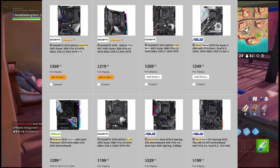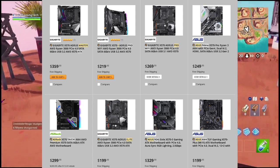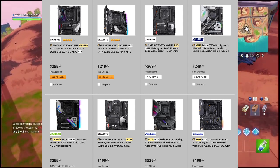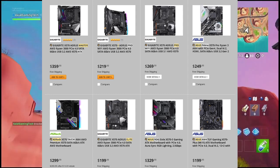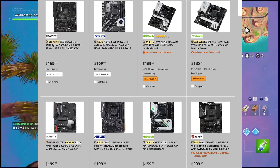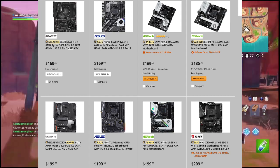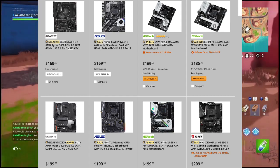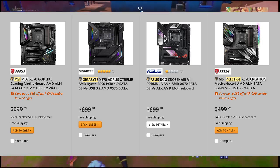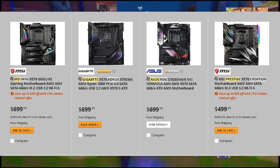Now let's look at Newegg for current pricing. This here is current pricing for Newegg's featured X570 motherboards. This price premium is just way too expensive for a gamer to pay for minimal to non-existent performance increases. And even looking at the lowest priced motherboards, these prices are on the expensive side. And don't get me started on the high-end boards. These prices are so over the top, all I can say is...